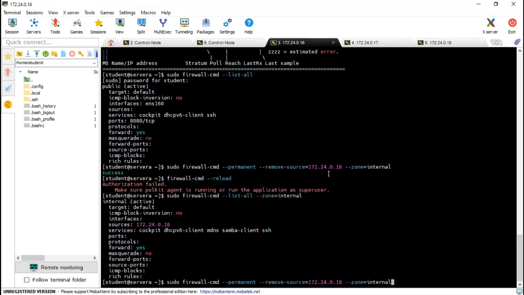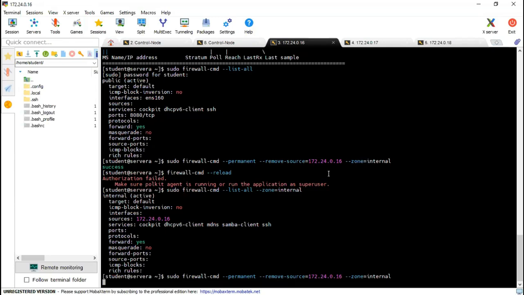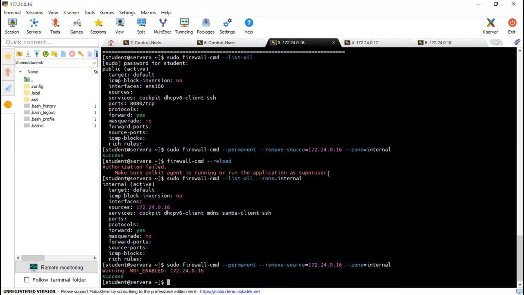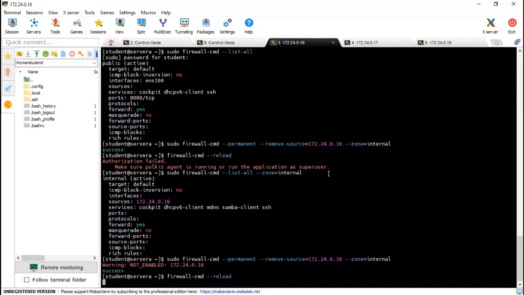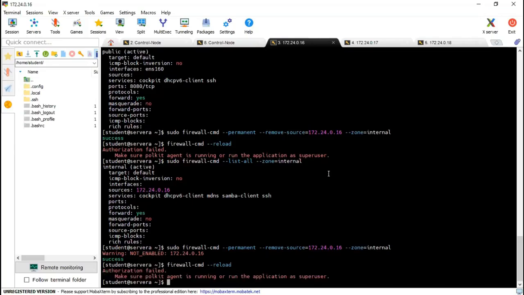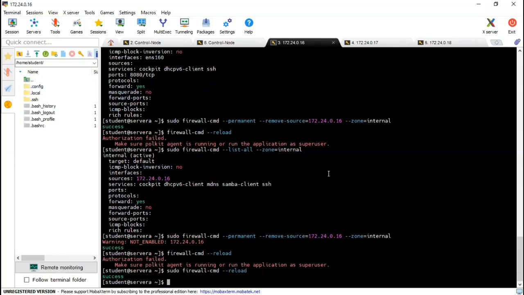Remove source zone. Oh, here we have not used the sudo. That's why, I think.